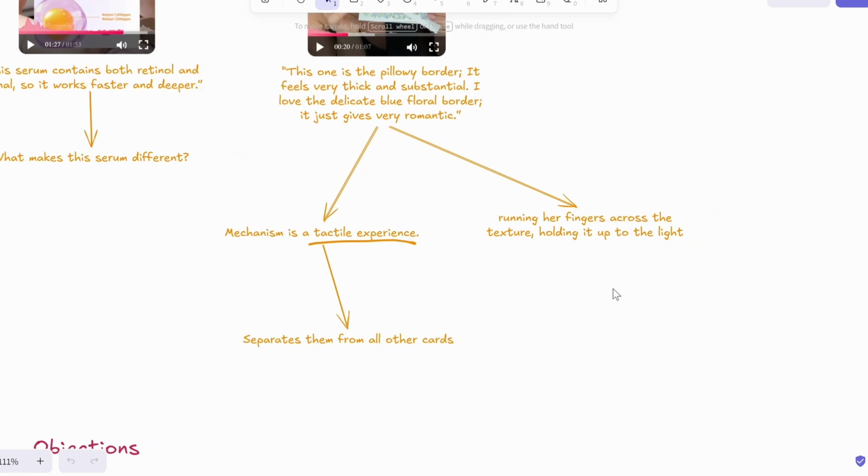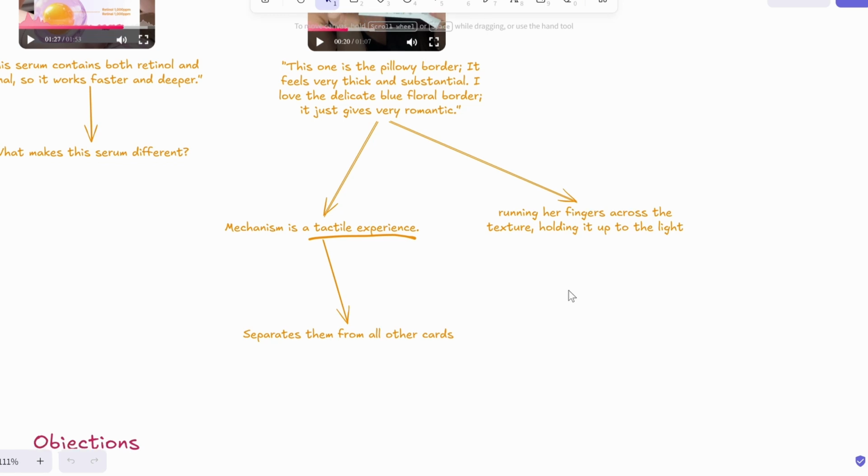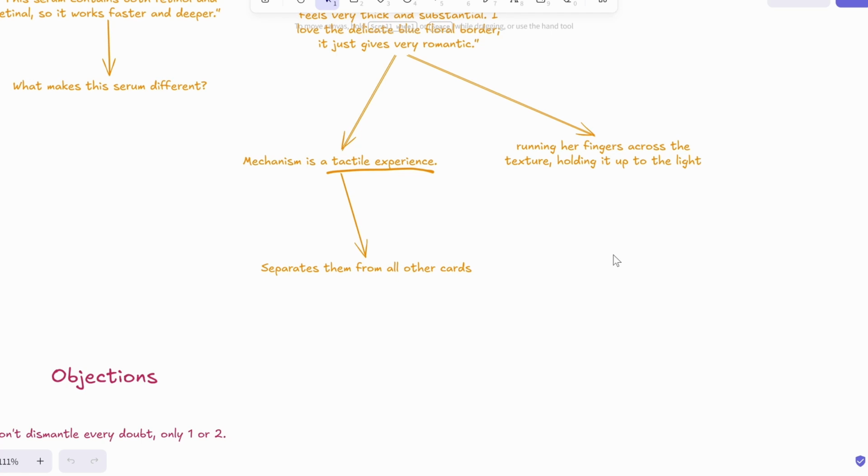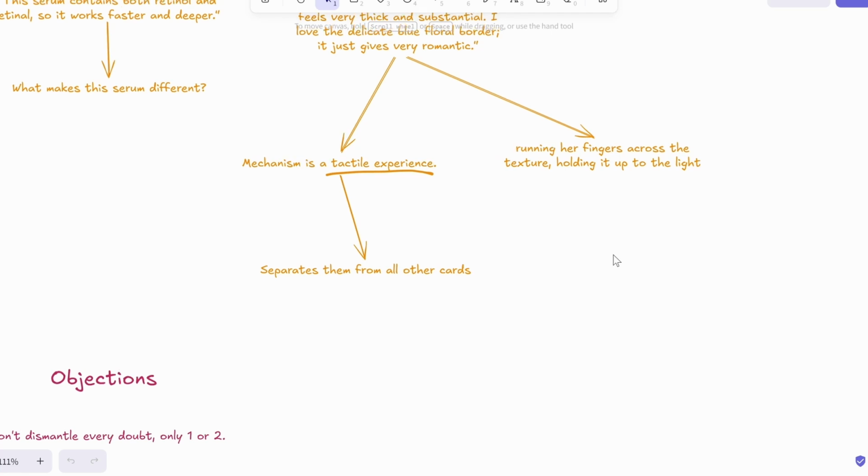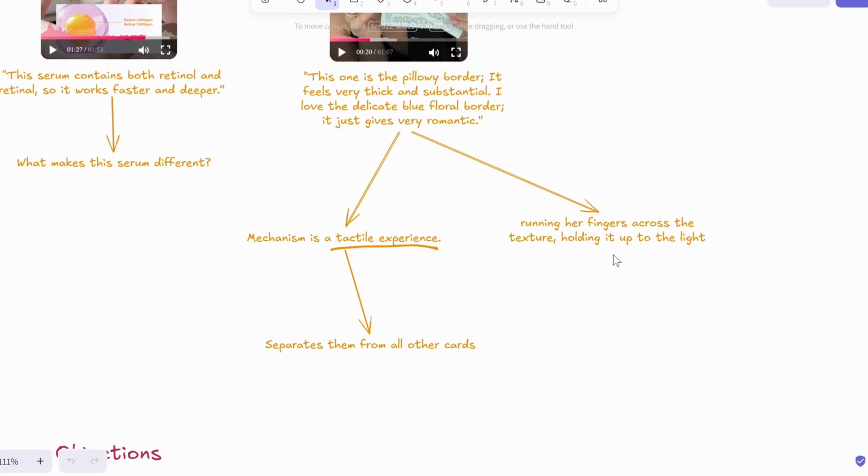Why? Because it separates Minted from all the other generic invitation cards. So they are offering free samples to be sent to interested buyers. And Minted knows that these samples are likely to convert to paying customers. Mechanization isn't a formula. It's the answer to one question. What is the specific reason my product delivers the results I promised? Find that answer and put it in your ad. That's what the highest converting ads do, that the rest don't.